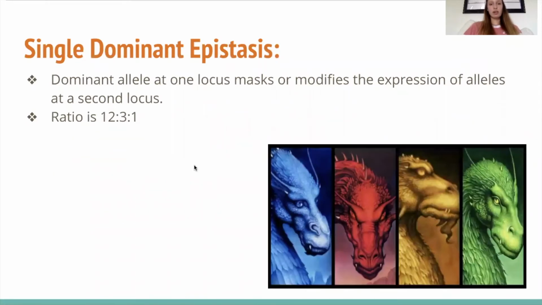A single dominant epistasis is what we're mostly going to be focusing on today. Dominant alleles at one locus will mask or modify the expression of alleles at a second locus. The ratio is going to be 12 to 3 to 1. Our example today is going to mostly come from the Inheritance Trilogy, by Christopher Paolini, which focuses on